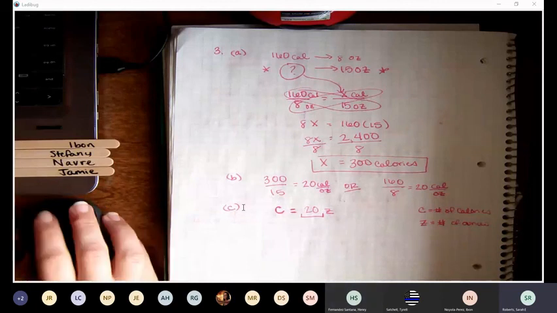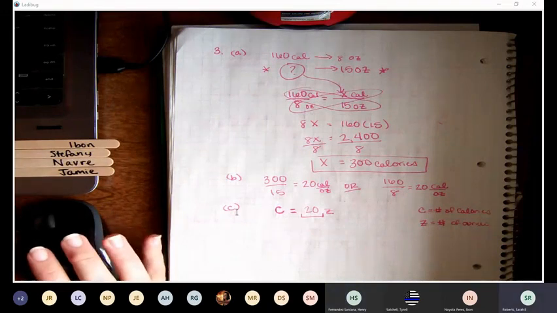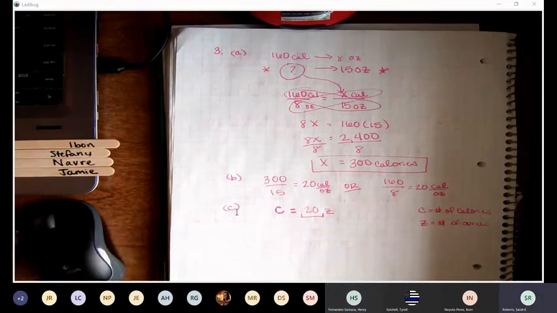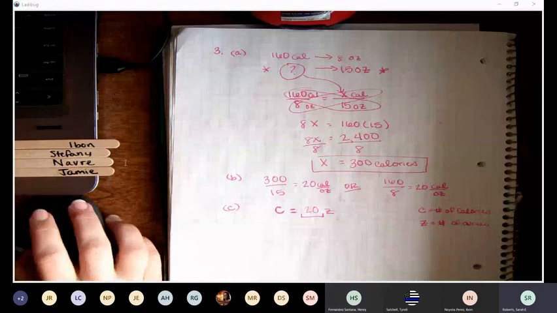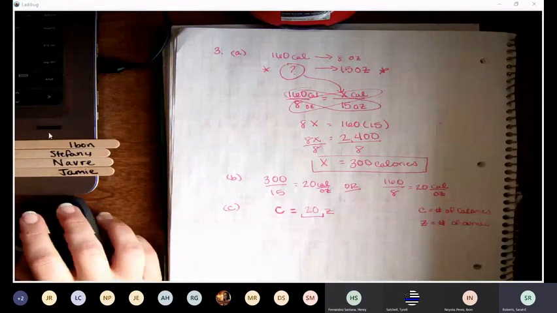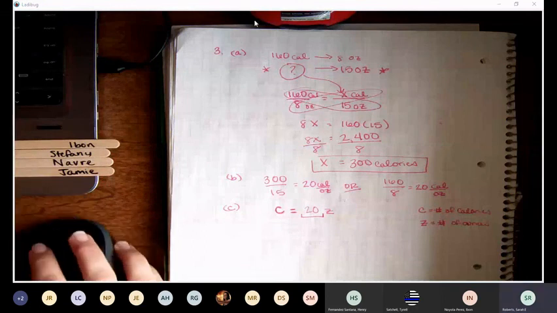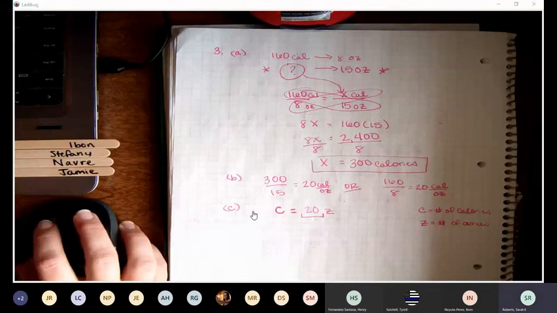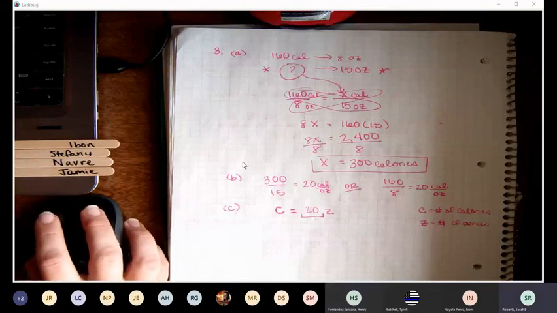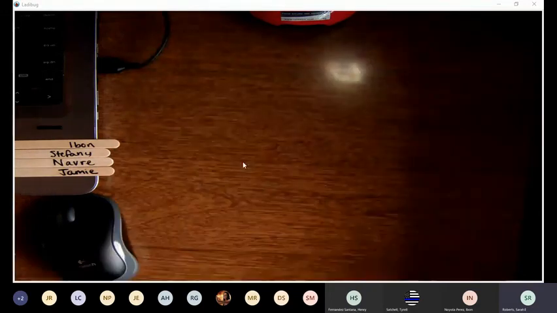Your homework for tonight is going to be to do 4 and 5. And then after that, your homework will be easy again. You'll just have one problem to do. You'll have number 6 the next day. So that was numbers 2 and 3. Hopefully that helps you out with the rest of the worksheet. You'll be doing 4 and 5 tonight. I recorded this video, so I will post the recording so that you guys can